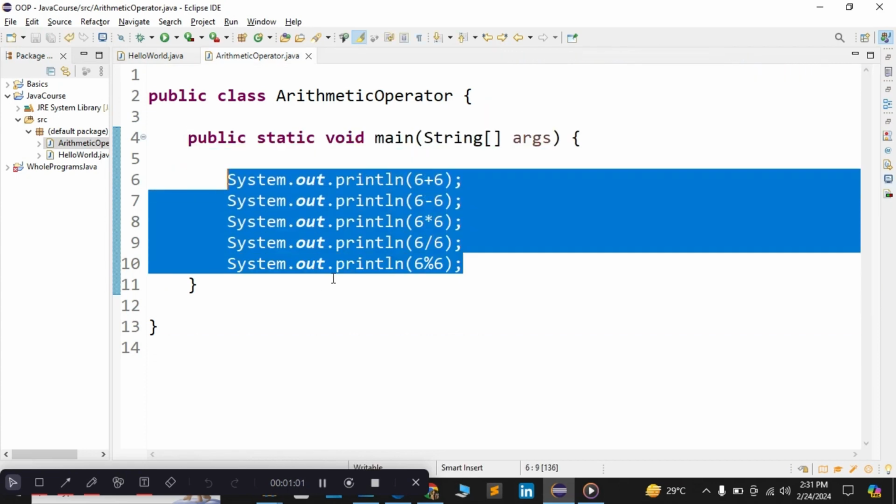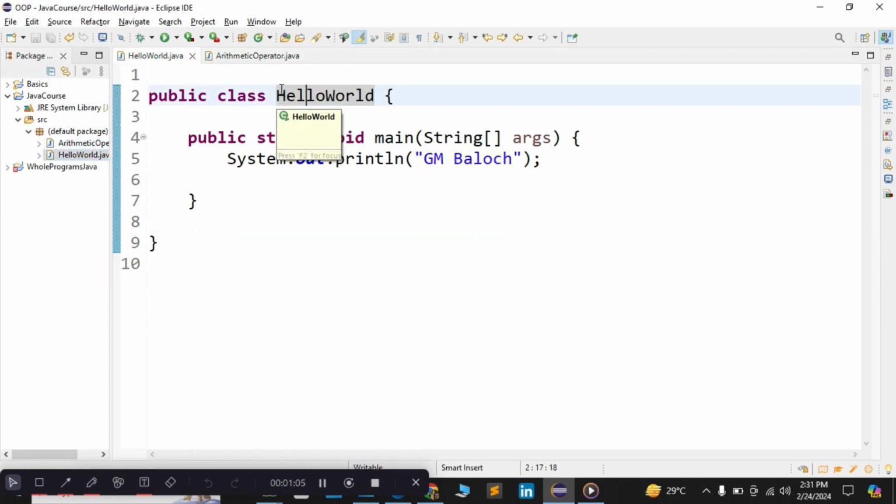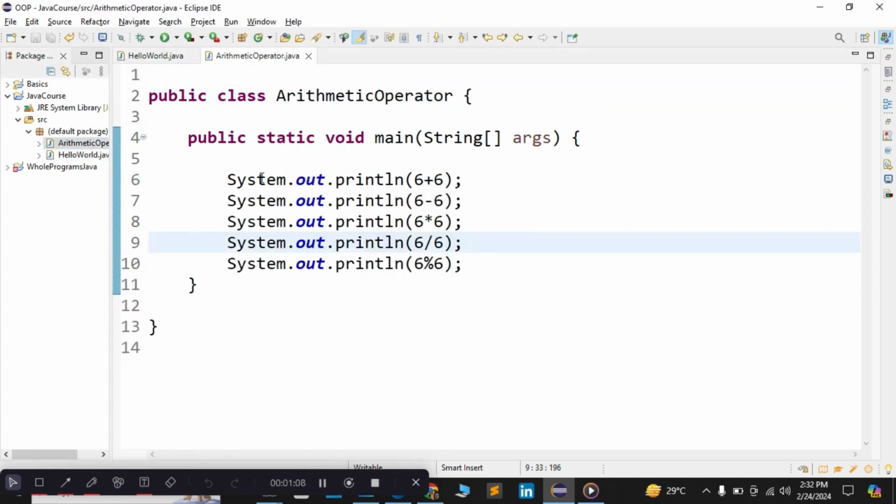These were the topics we have discussed. Last time we discussed and made the Hello World class, and this time we used the arithmetic operators. I will mention all the programs and tasks you have to make